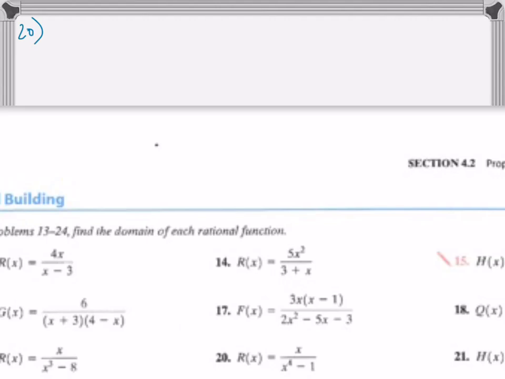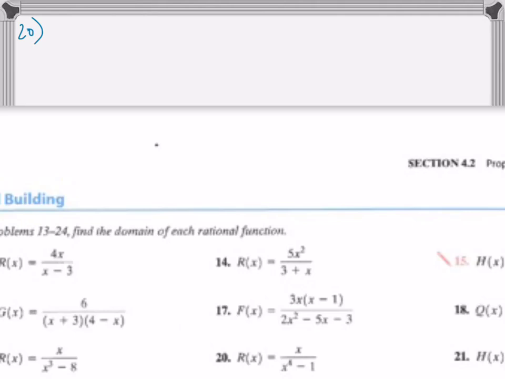We're finding the x-intercepts, the y-intercept, as well as the vertical asymptote. Okay, so we're going to do that here. Obviously, for rational functions, we also need the horizontal and/or oblique asymptote, and we're going to be doing that a little bit later. But this is just how to find the x-intercept, the y-intercept, as well as the vertical